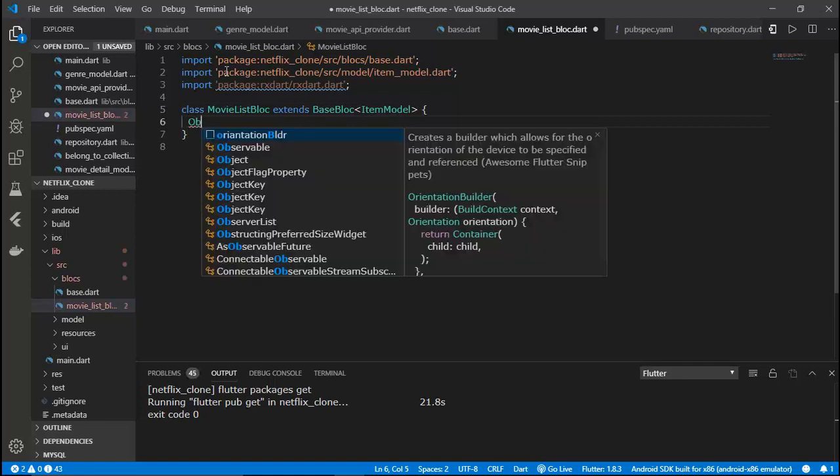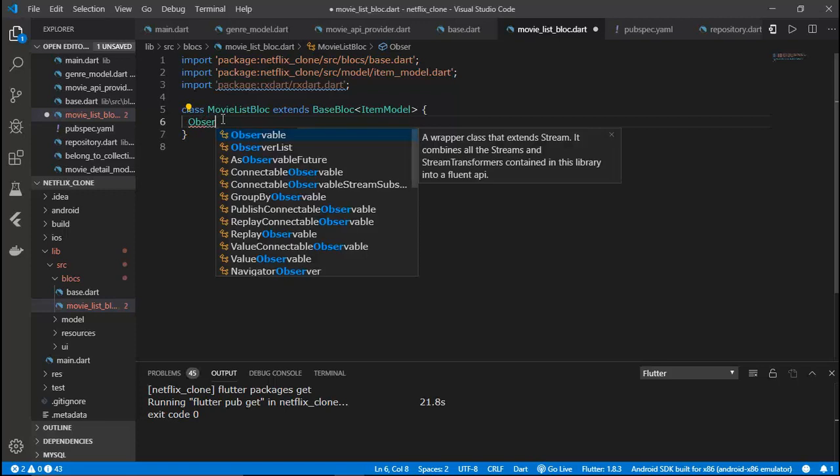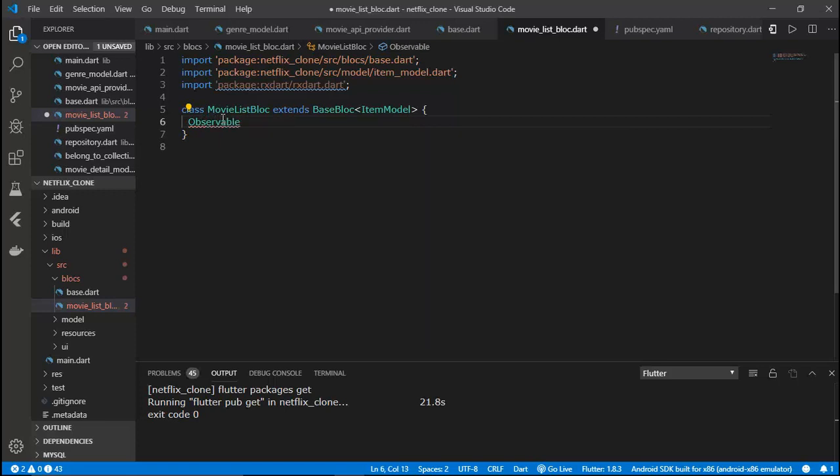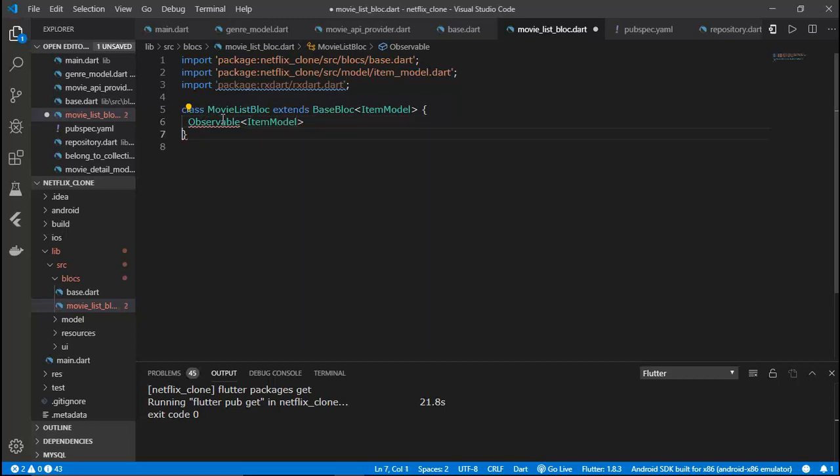So again, if you are not familiar with reactive programming, observable is actually the wrapper class which extends the stream. So you can also call it a stream, or a combination of stream and stream transformers. So let us create an observable, and we'll put the model, that is the item model,